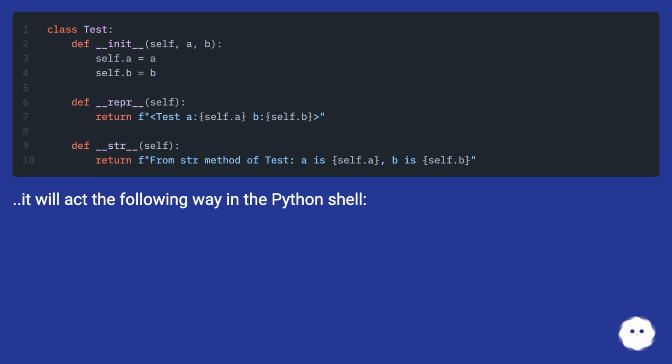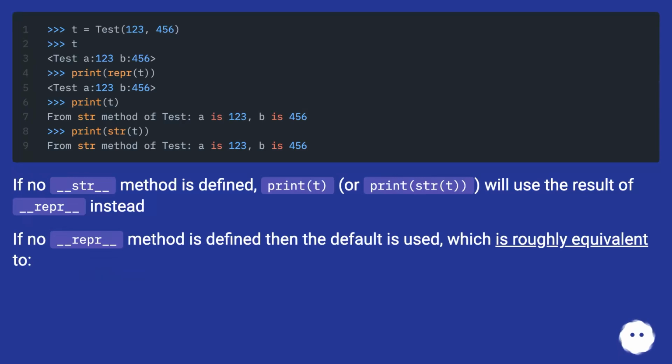Given the following class test, it will act the following way in the Python shell. If no __str__ method is defined, print t or print str t will use the result of __repr__ instead. If no __repr__ method is defined, then the default is used, which is roughly equivalent to